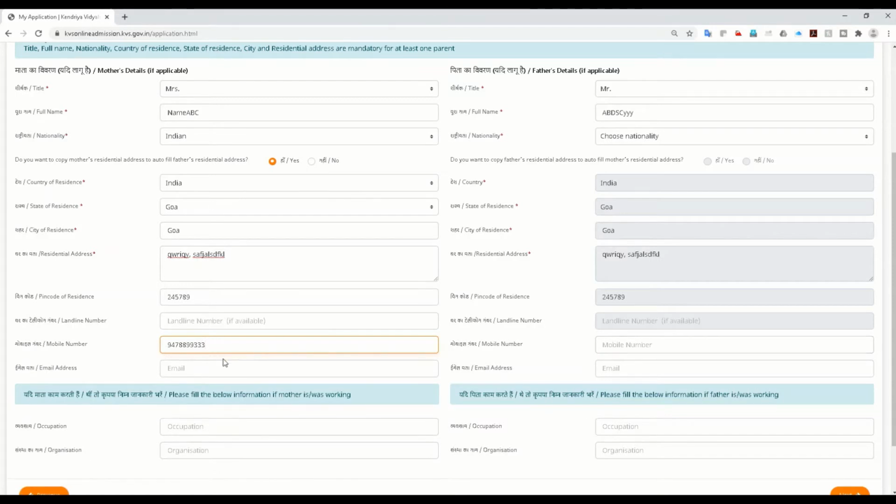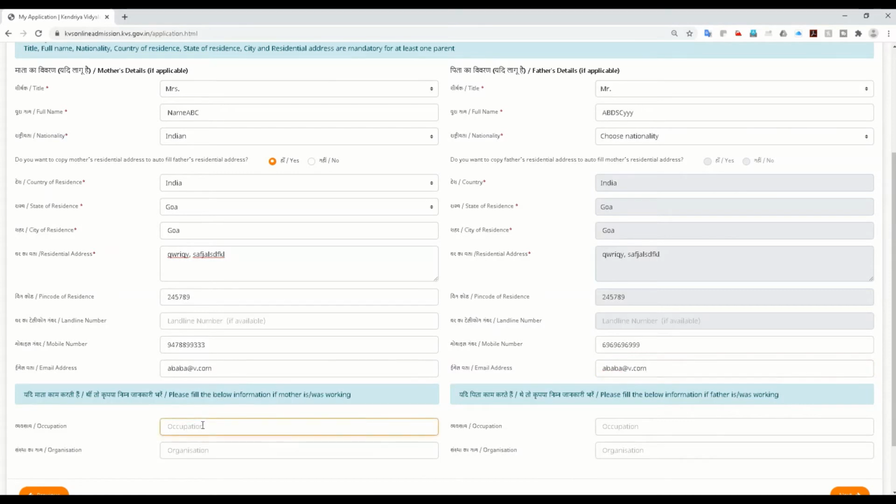Okay, this is done. Here you make sure that you enter the same number that you entered while registering, so make sure that there is no mistake here. Okay, this is done. And again, if you have a valid email for the mother, you have to enter it here in a valid email format, so .com. I'll enter this. It is okay if both the email IDs are the same.